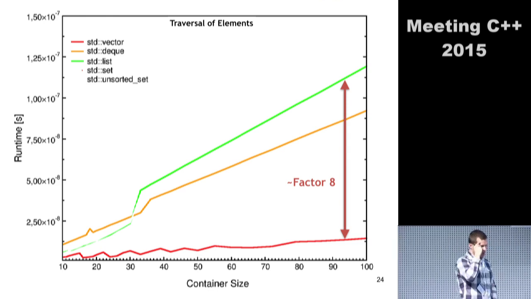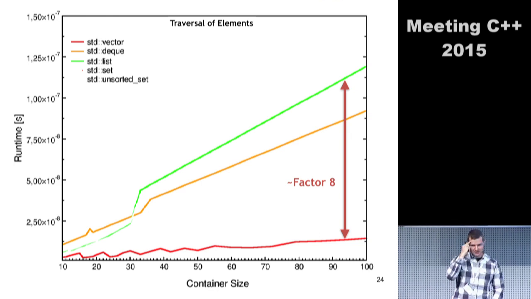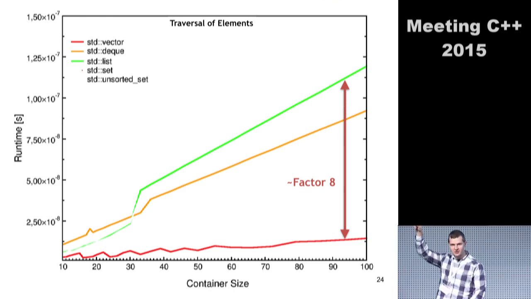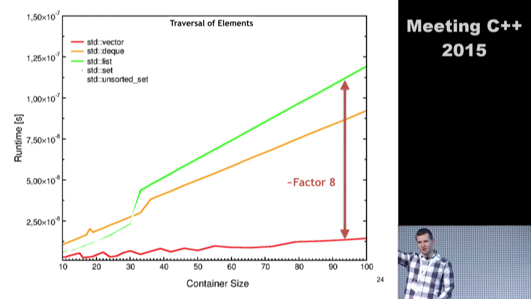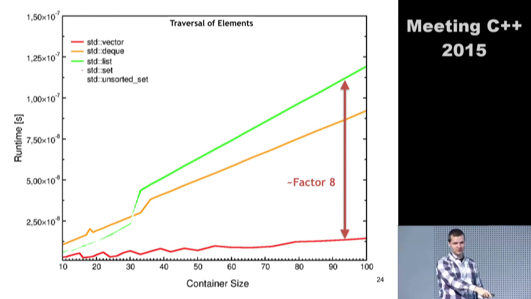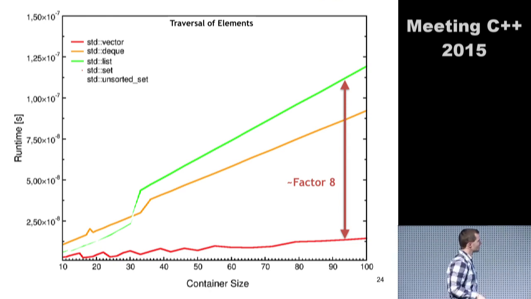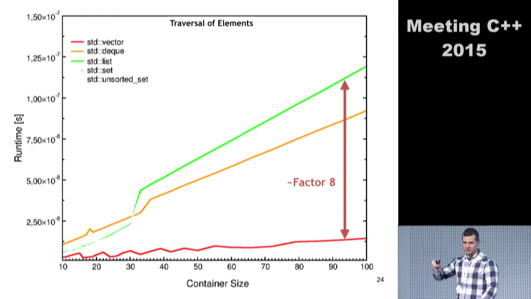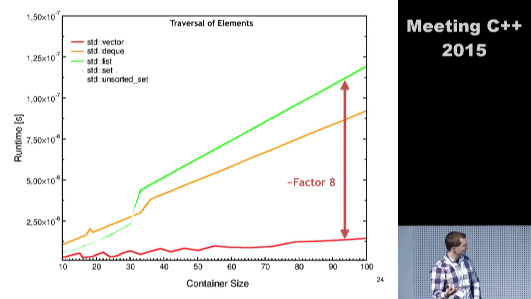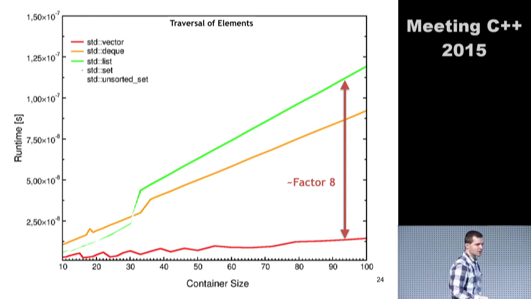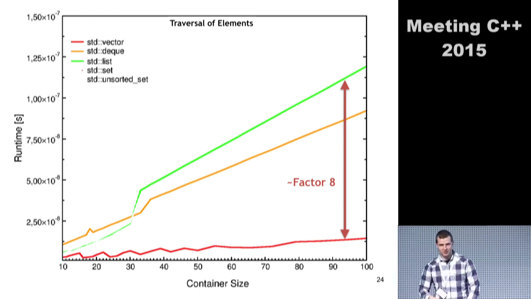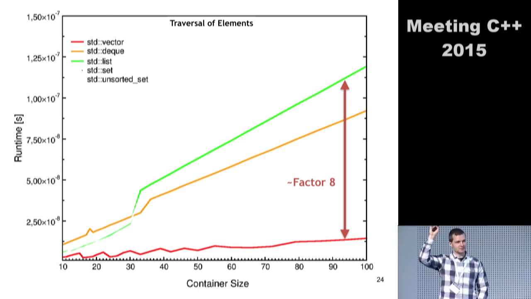Okay, you saw, a set is definitely something that is very clever if I start at the top. Unfortunately, when I traverse the elements, where do I start? Not at the top. I start at the very bottom of the graph, so at the bottom left. Of course, at some point, I have to go a long way until I reach the next element. So no, it will not be below a factor of 8. What's your feeling? Is it really, really more expensive? So who says it's a factor of 20 at least?